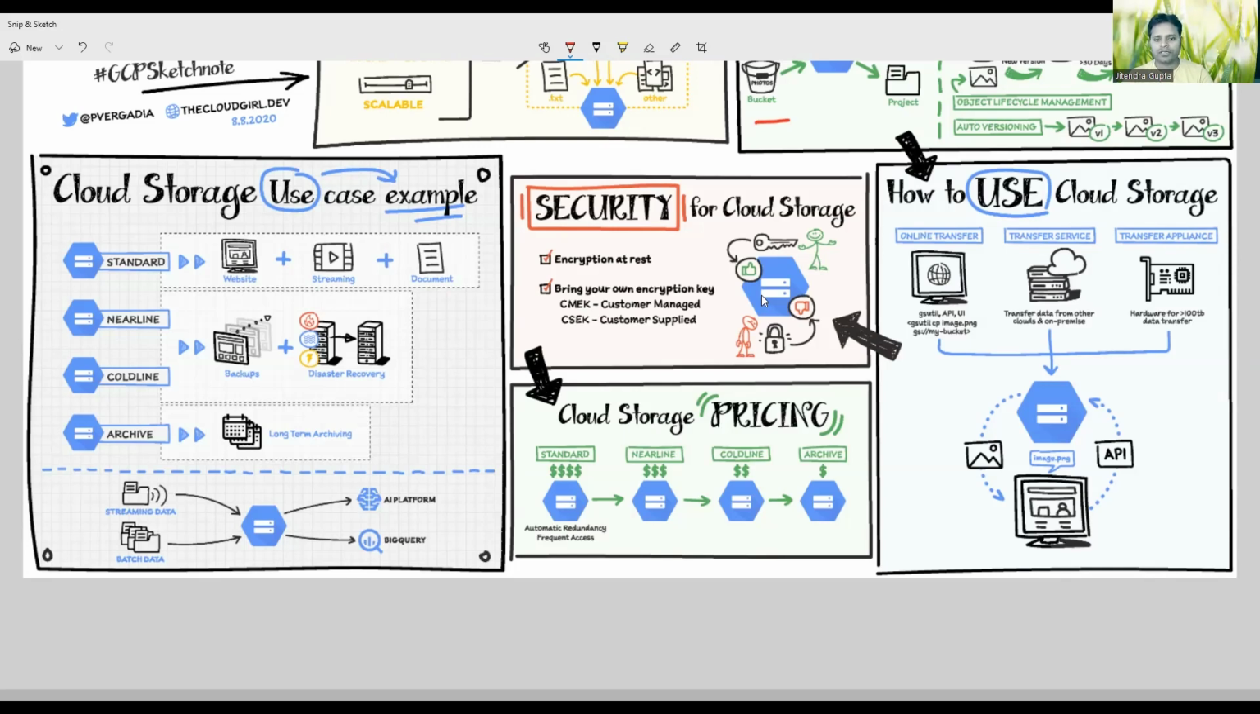Also, you can bring your own keys, but there are drawbacks too. You have to take care of maintaining it and rotating the keys all the time so that it keeps secured, right? That is what you need to take care of. Okay. Now from the pricing side, if you see, so you will have the cloud storage pricing going down as